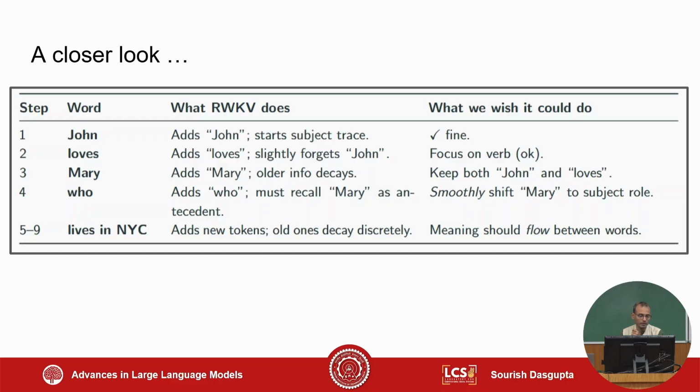And then all these other tokens come in, lives in New York. Even then, John cannot suddenly be forgotten all of a sudden. There has to be a smooth transition of the conversation, just like how we are discussing from the beginning of this lecture. Whatever I have discussed till now, there is a smooth transition from what I have discussed to whatever you heard. You did not forget what I started out with, because there is a continuation in terms of the topic.